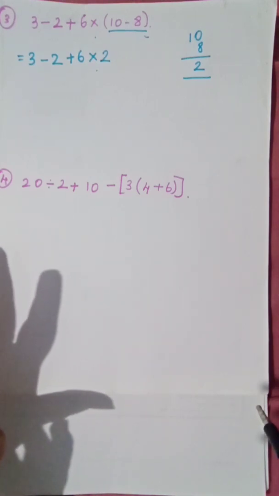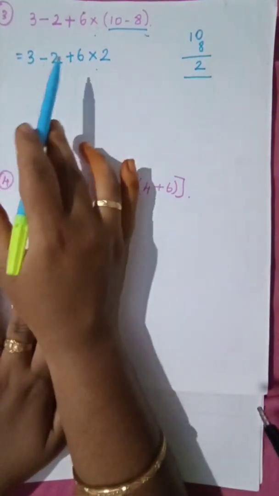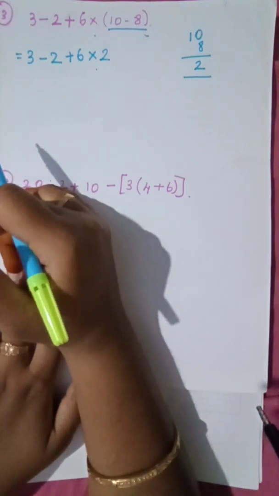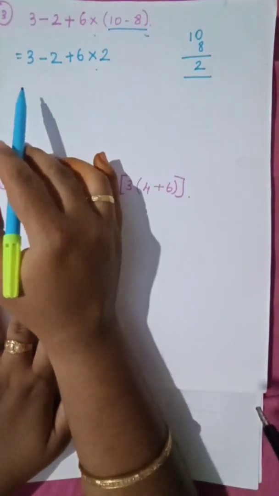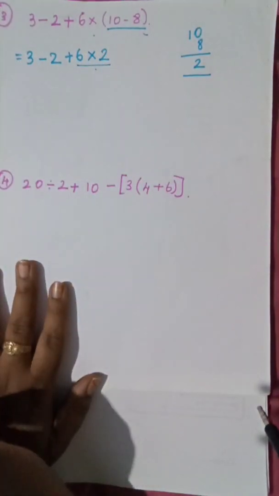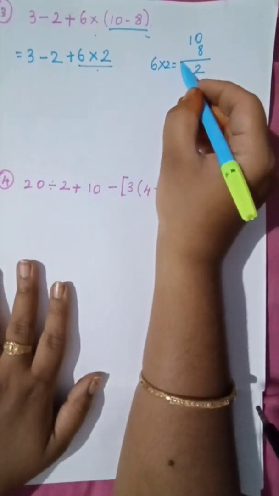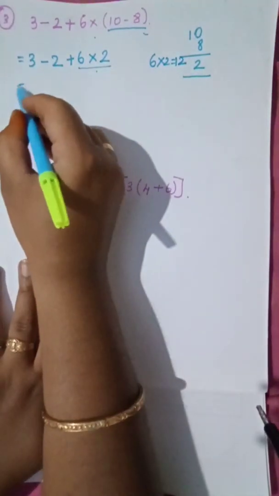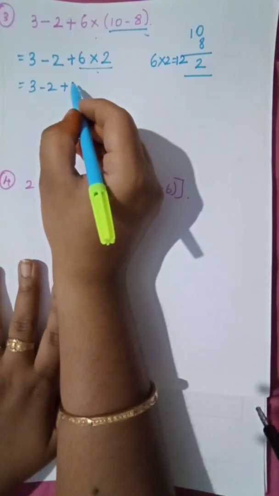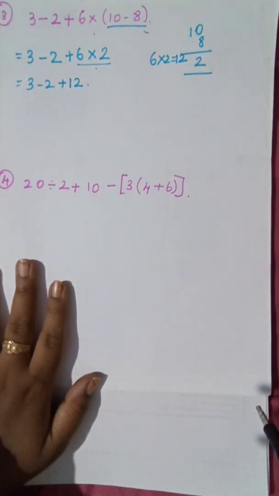So after bracket what is the rule? Division. Is there any division symbol there? No. If we don't have a division symbol, we have to jump on to multiplication. Can we see any multiplication symbol here? Yes, here it is. So we have to do this one, that is 6 into 2. So 6 into 2 is what? 12. So you have to write all the numbers as they are, and here the number should be changed to 12. Clear? Next, the multiplication is also completed.